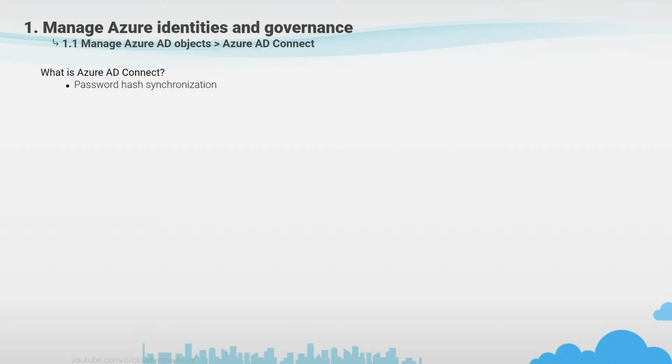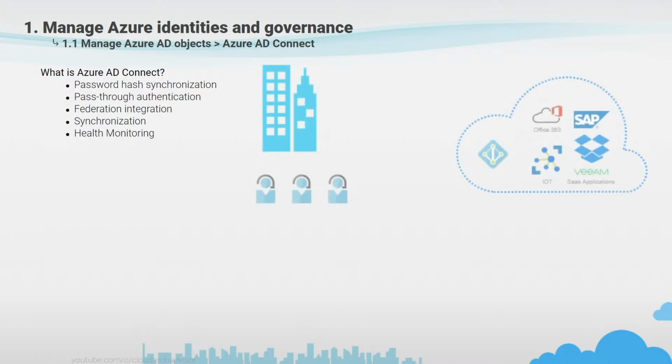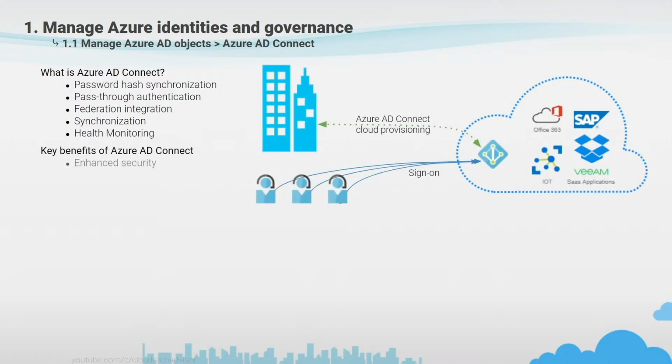user's on-premise Active Directory password with Azure AD, pass-through authentication that allows you to use the same password on-premise and in the cloud, federation integration used to configure a hybrid environment using an on-premise Active Directory Federation Services infrastructure, synchronization when new users, groups, and other objects are created, and health monitoring, which will report to you in case some objects are not synchronized, and several benefits of Azure AD Connect that will offer you a great experience and flexibility,